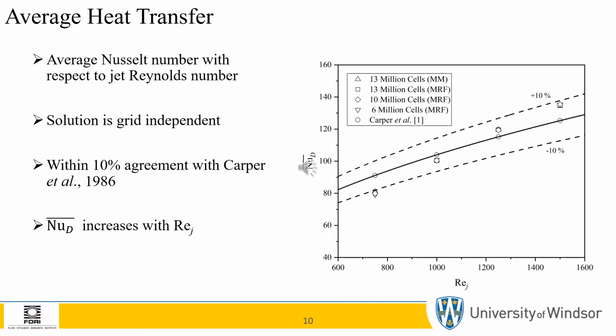Moreover, the moving reference frame and the moving mesh predict the average heat transfer within 10% of the correlation proposed in the work of Carper et al. It should also be noted here that in the work of Carper et al., a maximum error of around 34% was reported when comparing their correlation with experimental work. Moreover, as expected, like stationary jet impingement, we have an increase in the heat transfer performance with an increase in